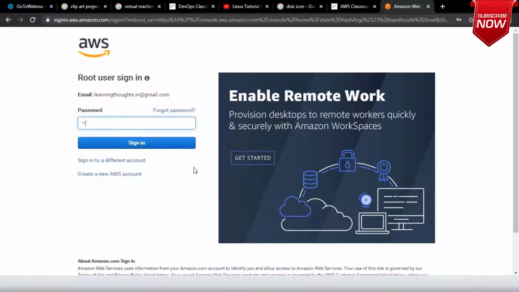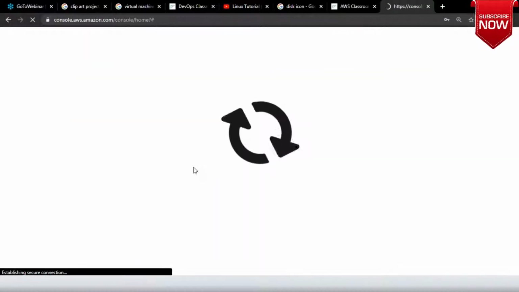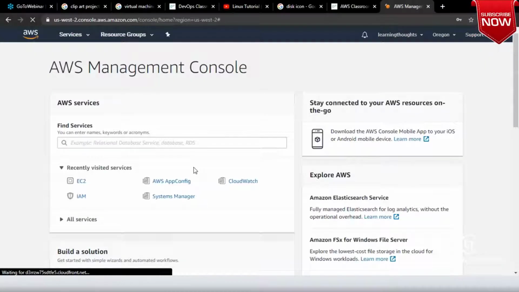It doesn't matter which distribution of Linux you use. I'll be using Ubuntu. You can try the same thing on CentOS or Red Hat. It works everywhere because we are using very basic functionality today. So I'll go into EC2 instances.